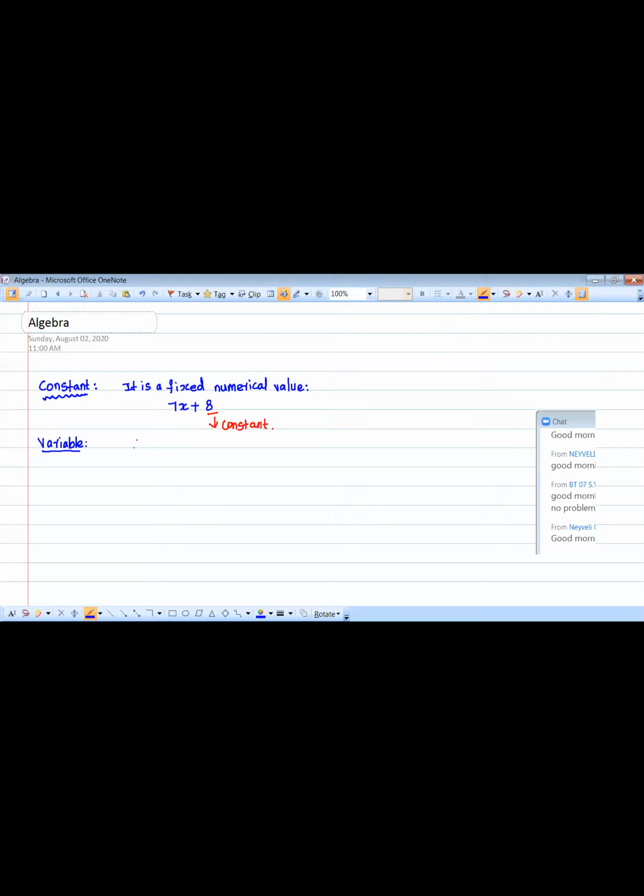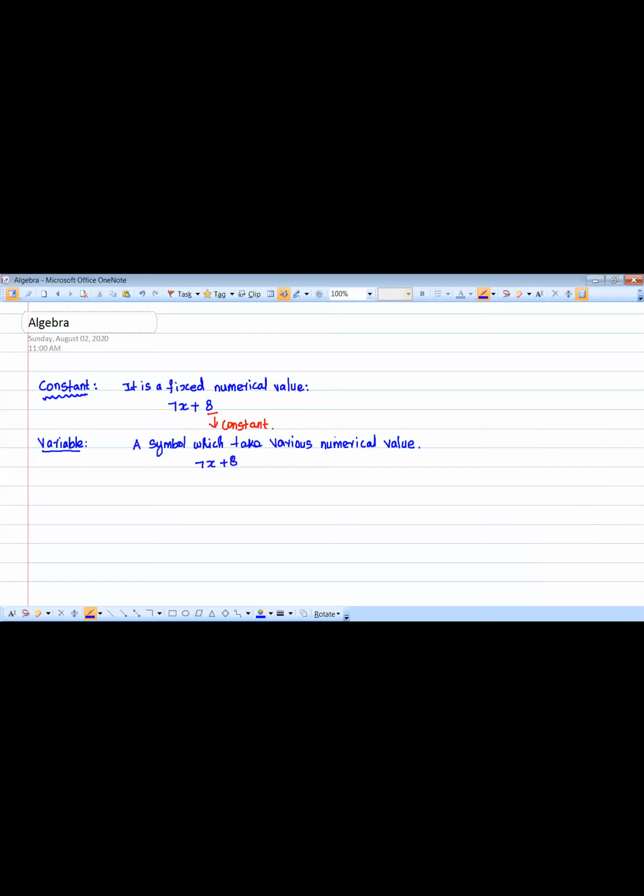A symbol which takes various numerical values. A symbol which takes various numerical values. Okay. So for example,